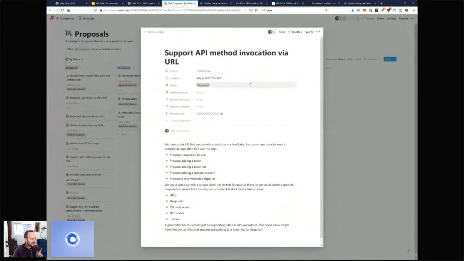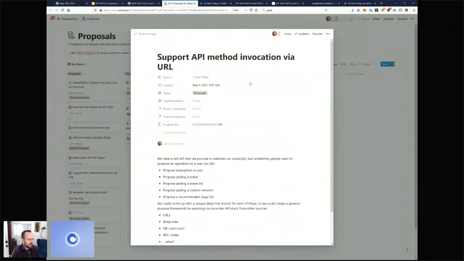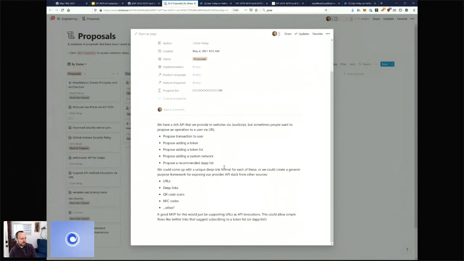Also, though, I think that there is an opportunity that we could support adding invokers to our Snaps beta. For those of you who are familiar with the Snaps beta, MetaMask has an extensibility system that allows us to add basically small JavaScript modules that have limited permissions, and add those to the wallet at runtime. So we could add special APIs to our Snap system to specifically enable this. We could enable proposing a transaction to the user,